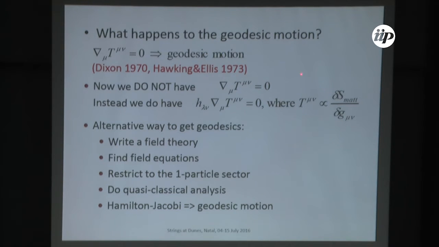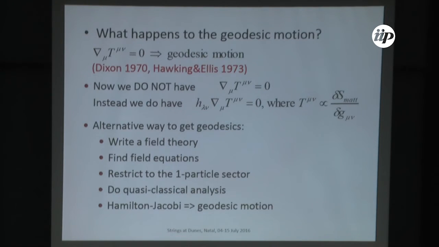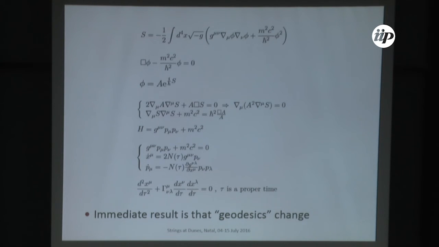The point is that if I couple in this way, of course I break this 4-dimensional diffeomorphism, so I don't have covariant conservation of the energy-momentum tensor, but rather only the projection on the foliation is preserved. So it means that after you do the calculation of your physical motion in whatever way you like, here I will skip that and just give the result.